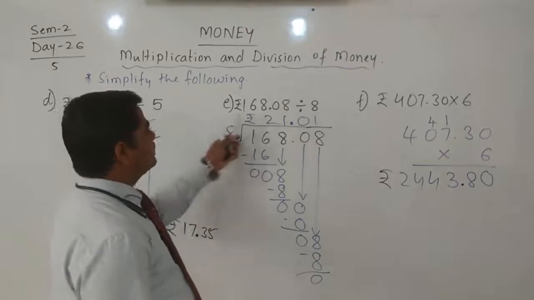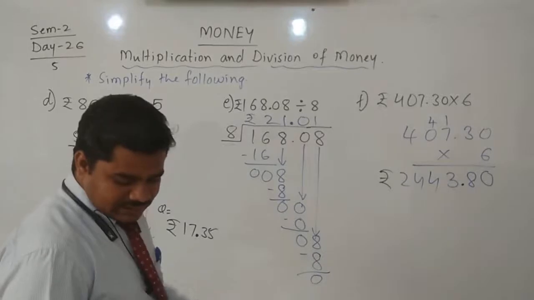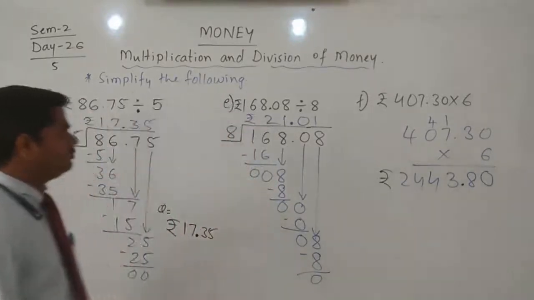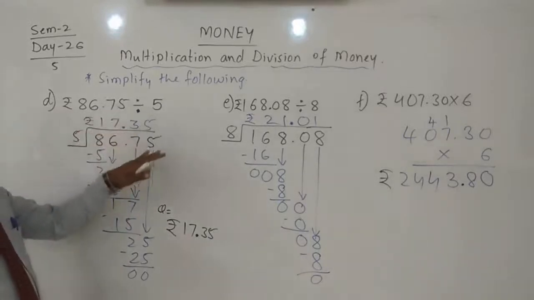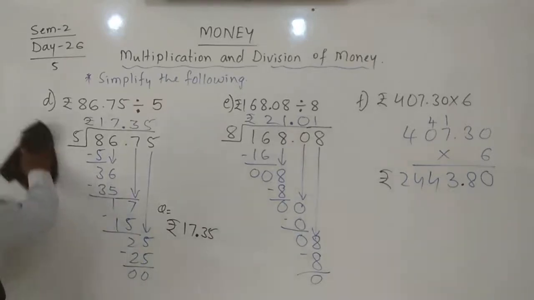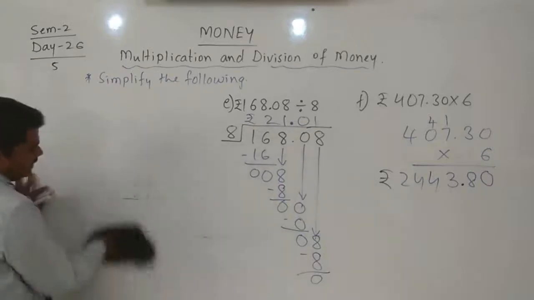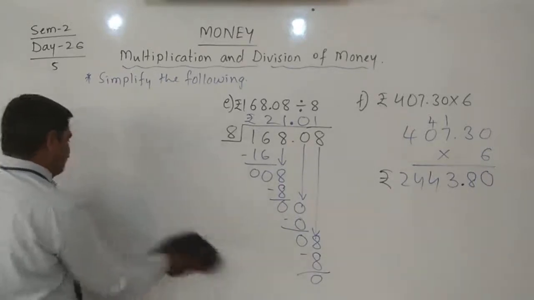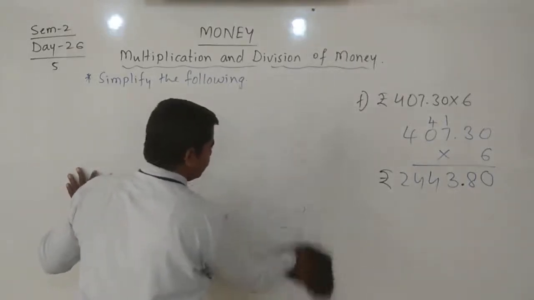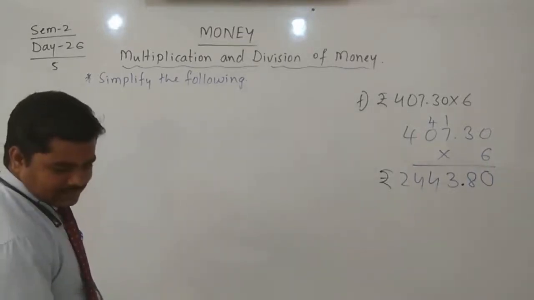If they are given like this, they will give the rupees and paise separately. You have to take this in a decimal form, then we can find the product, or you can find the quotient. Yes, we will go with the different forms. Those are also easy. Same, simplify the following. The questions will give rupees and paise separately.